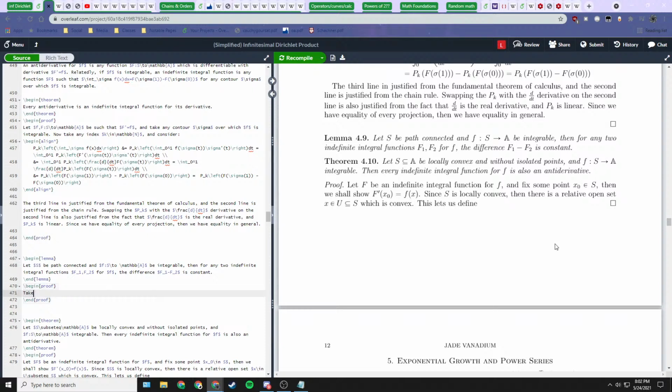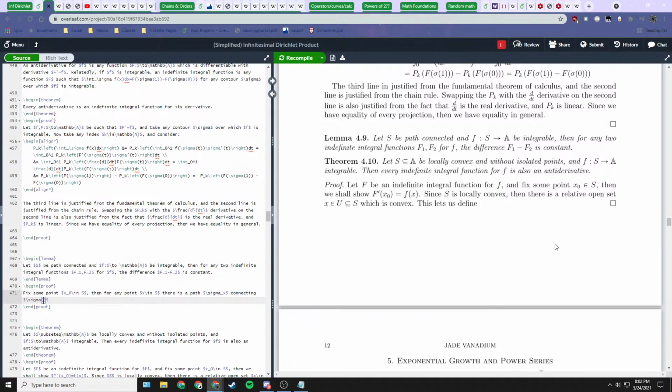Since it's path connected, fix some point x0 in S. Then for any point x in S, there is a path sigma sub x connecting, where sigma of 0 is x0 and sigma of 1 is x. Then we have